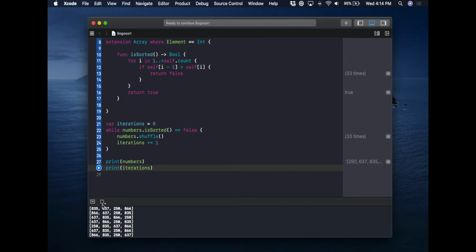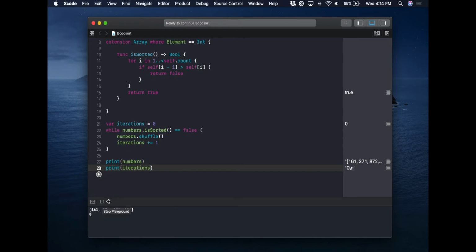So this is one way of tracking how efficient our algorithm is. It makes it so that we can see, in this case, our array was sorted first try. Well, that's probably not always going to be the case. So let's stop and run it again. Okay, this time it only had to shuffle once. Again, once, twice,